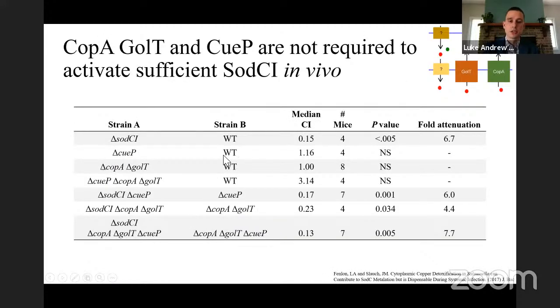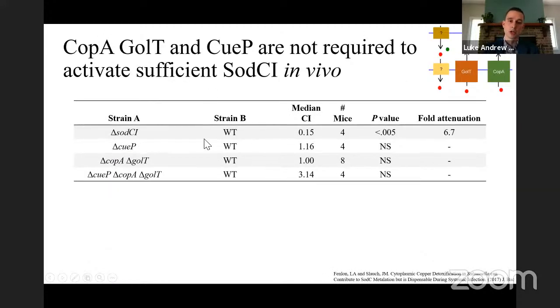So here are the results for some of our experiments for these specific mutants. The first one I'm showing you is just our control experiment. If we knock out SOD1 and do a competition against wild type, we see the median competitive index is about 0.15. This corresponds to a fold attenuation of close to 7. This experiment was done in 4 mice and was statistically significant. So this is the phenotype we typically see for a SOD1 mutant, around 6 to 10 fold attenuated relative to